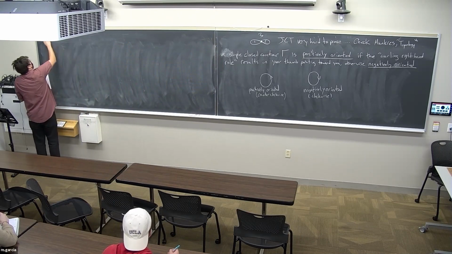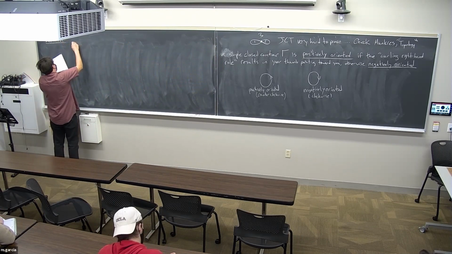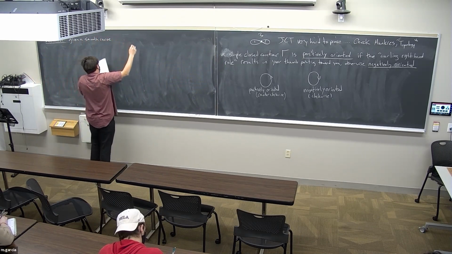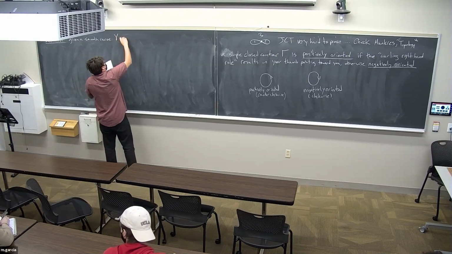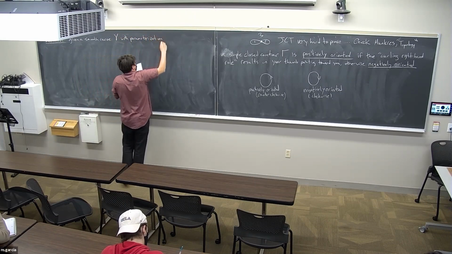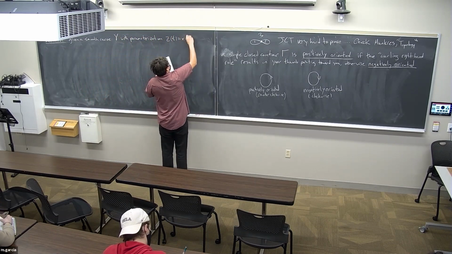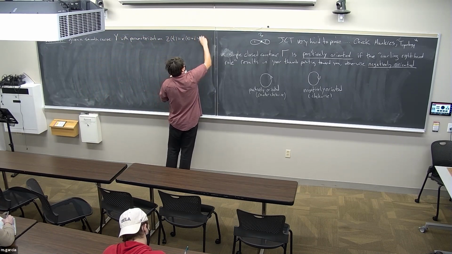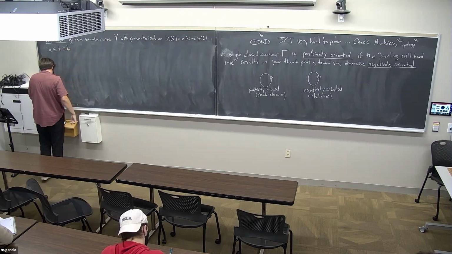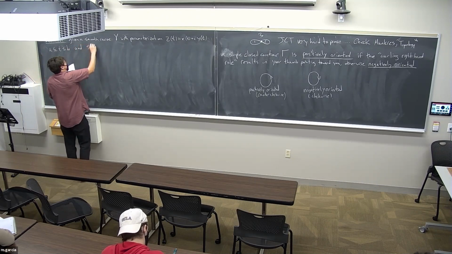Okay, so given a smooth curve gamma with parameterization z of t equals x of t plus i y of t, where our domain of parameterization is the interval a to b. And we'll say s of t,